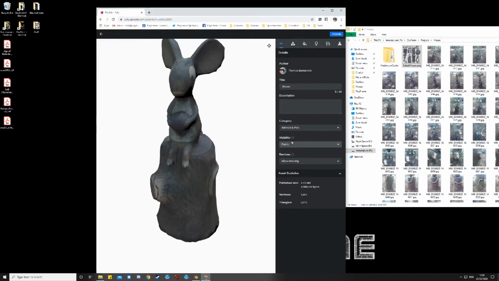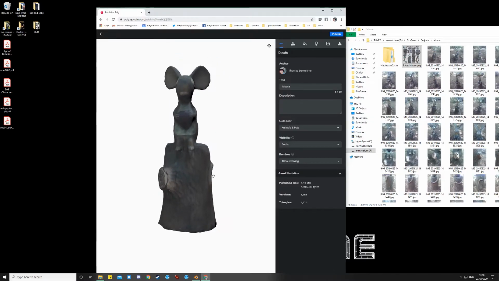But the visibility, I always keep stuff public, and I always allow remixing. Allowing remixing is very important because it allows people to download them into their own models and then do what they like with them. And I think that's a really important part of this collaborative process, because if anyone does that, it doesn't take away my model. That's the wonderful thing about digital technology, is that we're able to produce so many different versions of the same thing, and no one ever loses out. Everyone's got